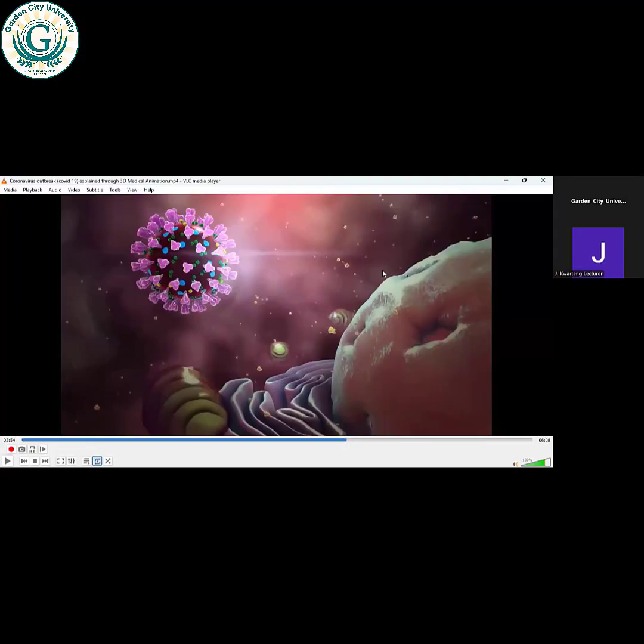So inside the cell, this is what we call the nucleus. These are the nuclear pores. This is what we call the endoplasmic reticulum. You have mitochondria and so on. So this is the cytoplasm. Are you okay? The virus will now work on the cell and eventually destroy the cell. So this is just to let you know, if I spoke about carbohydrates as well, structural components of our cells and our body, that's what I mean.